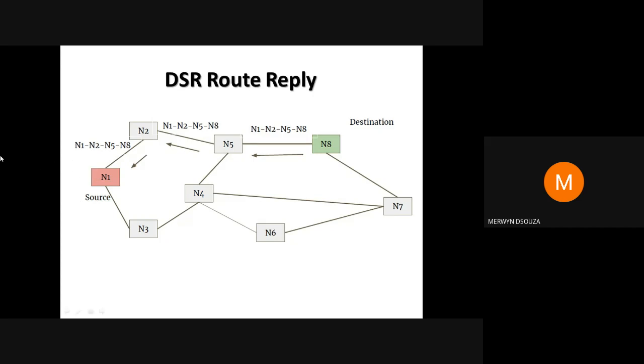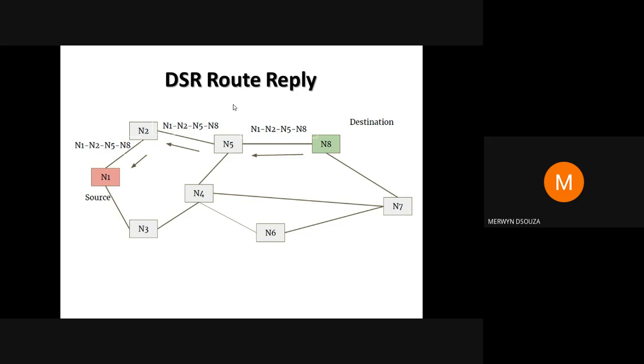But in future, for whatever reason, suppose it finds alternative routes. As you can see, there are many possible routes to the node N8. Then it will also make entries for the destination N8 with the alternative longer routes. It could be longer routes or same length routes, but it will make duplicate entries. So it could have more than one possible route for that destination. You just need to remember that the DSR algorithm could store more than one possible route to the destination, and it is allowed in this type of algorithm.